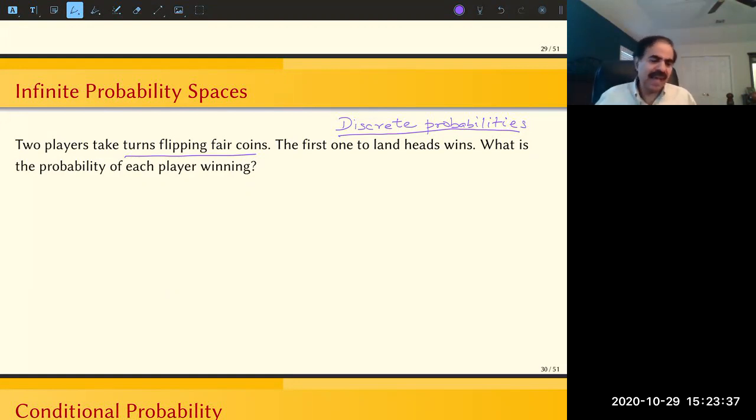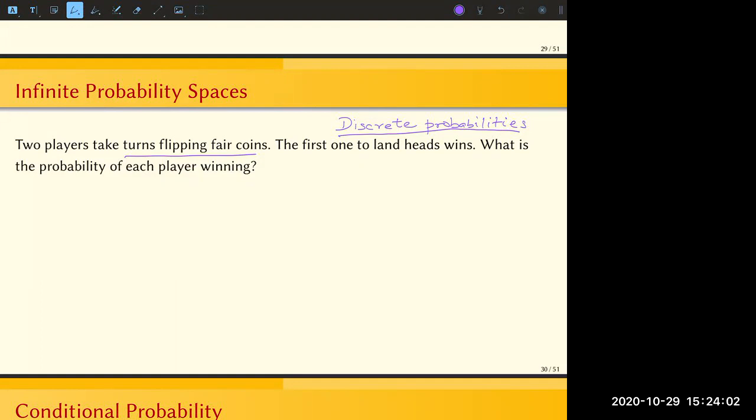Not the exact number, but in terms of which probability is greater, right? So do the two players have the exact same chance of winning, or is there a difference? Well, I think the first player to flip has a big advantage because they could just win on the first